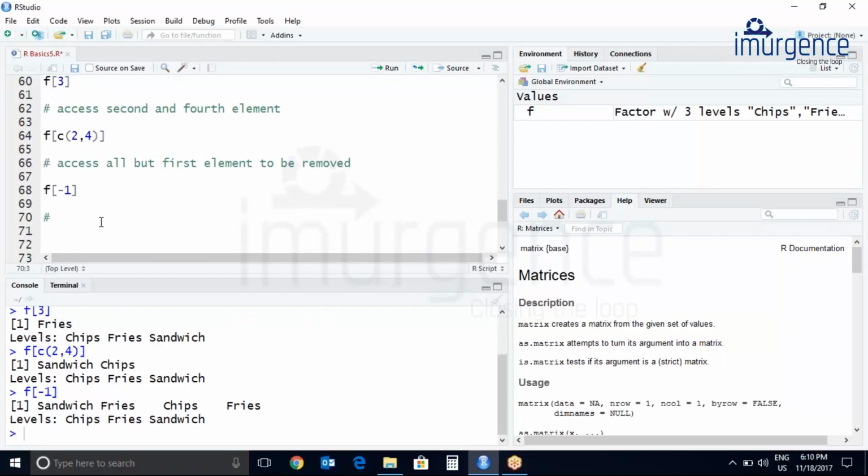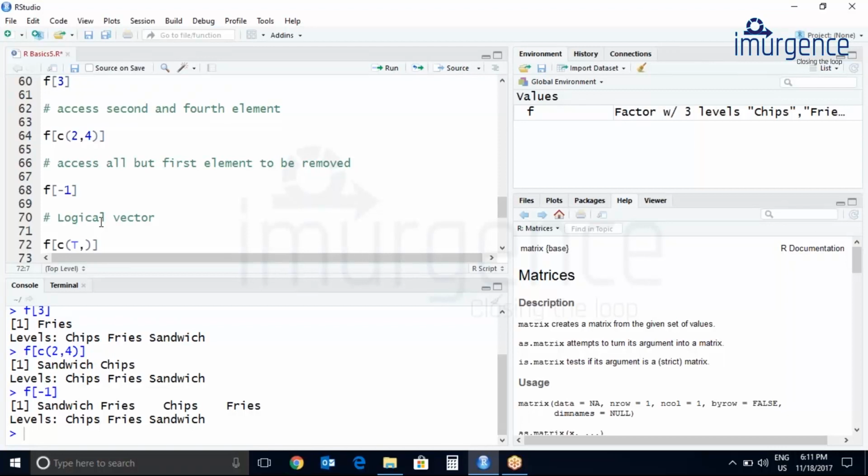You can even use a logical vector to access the components of vectors. So let's use this logical. We have f with square brackets and c, because we will be accessing more than one element.